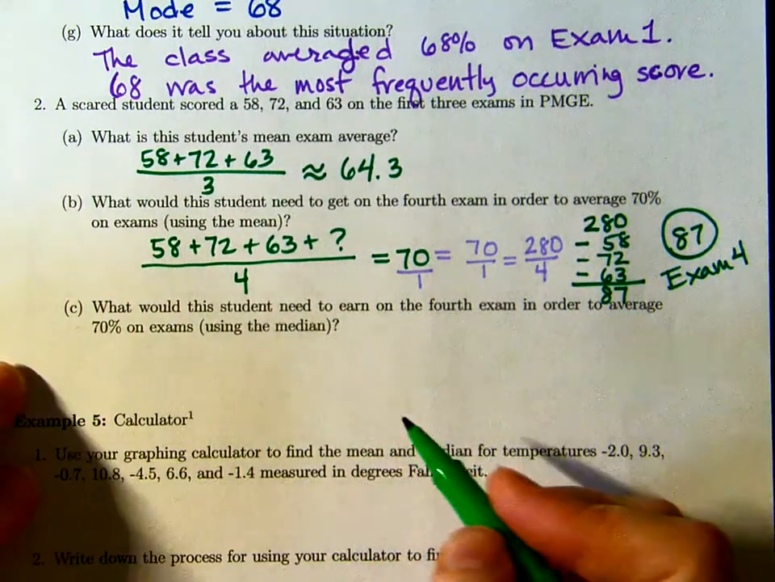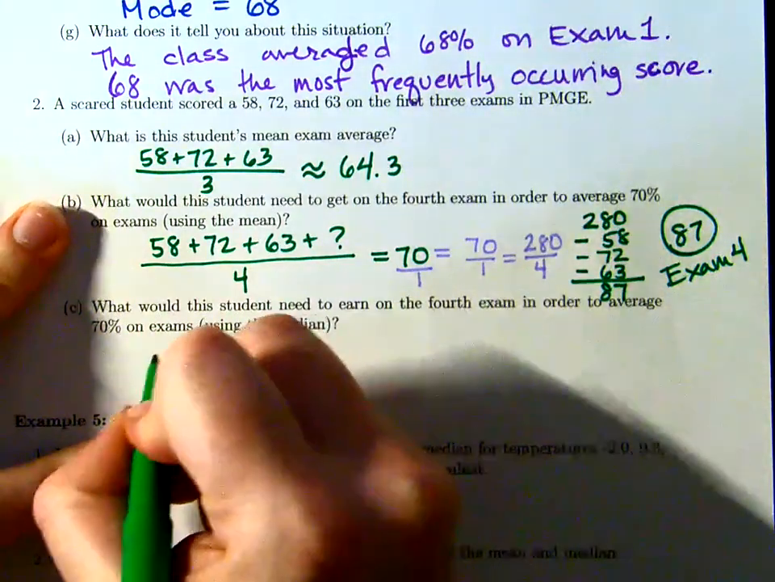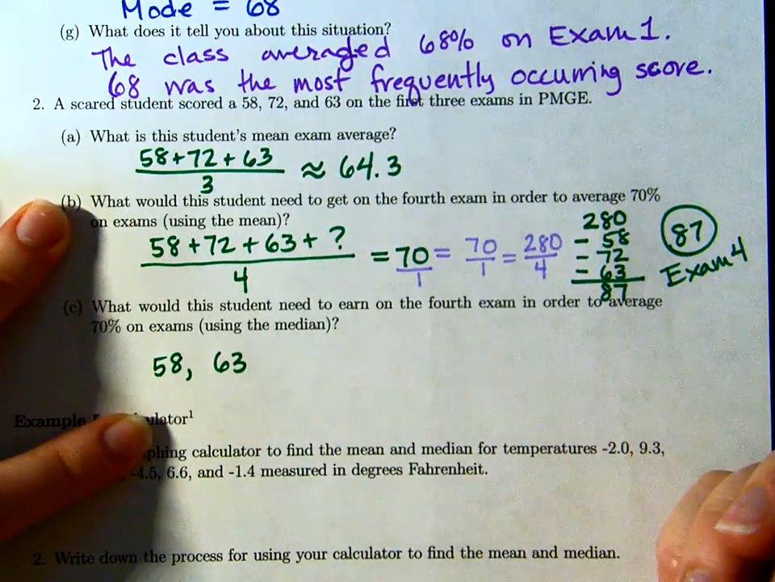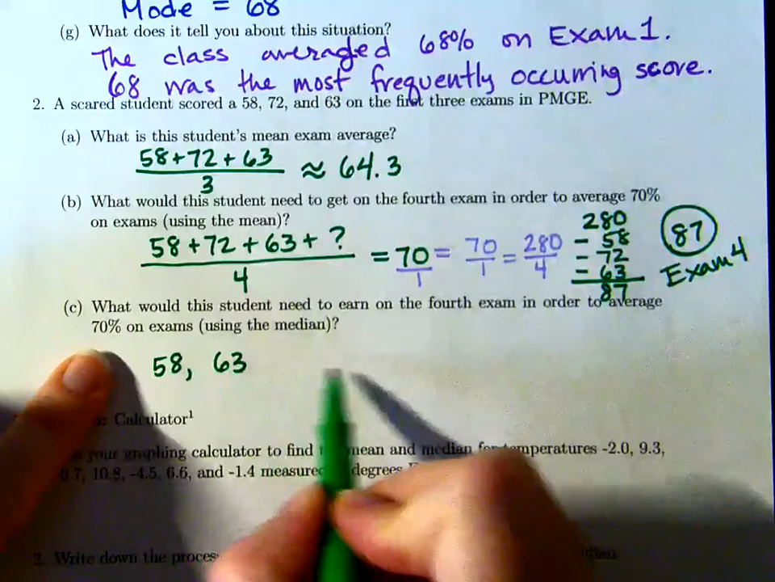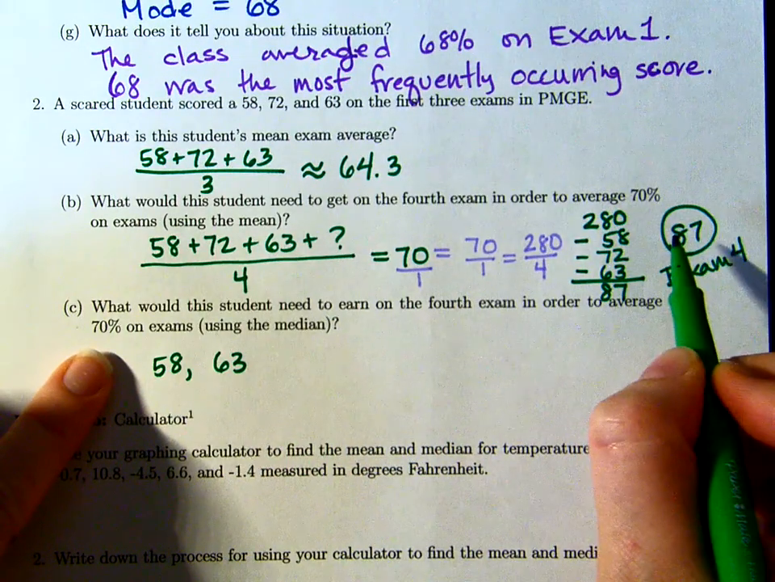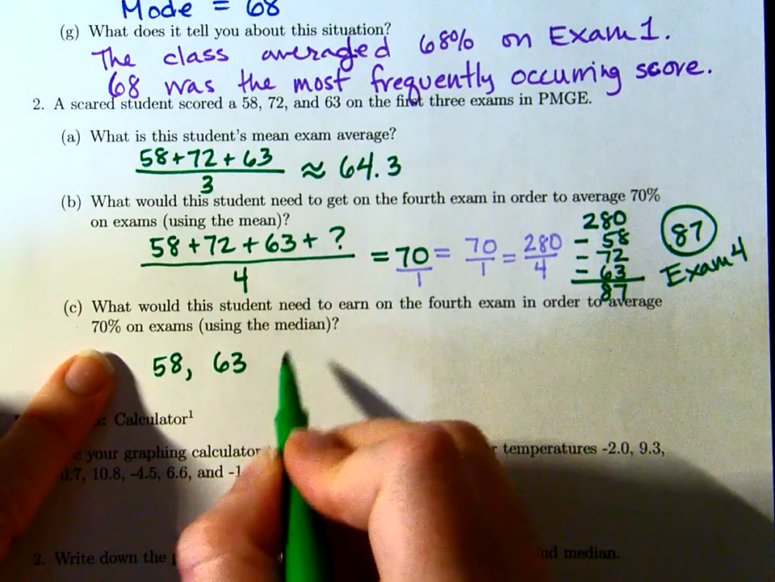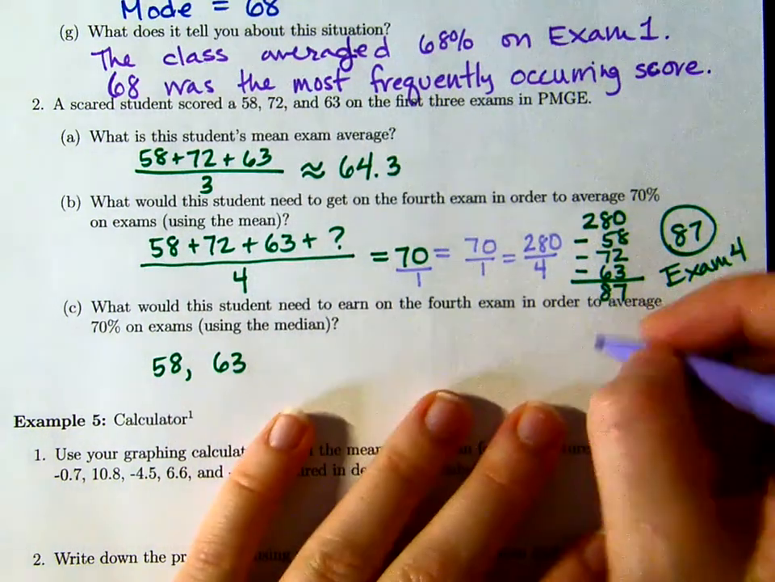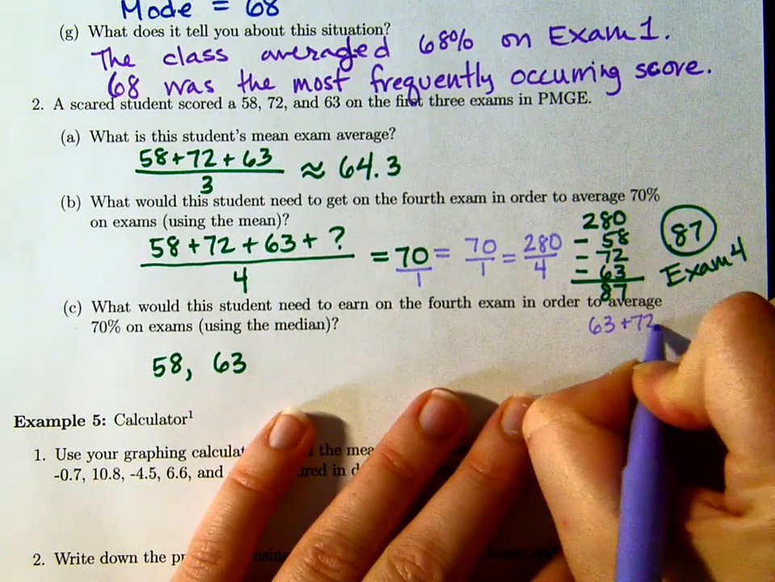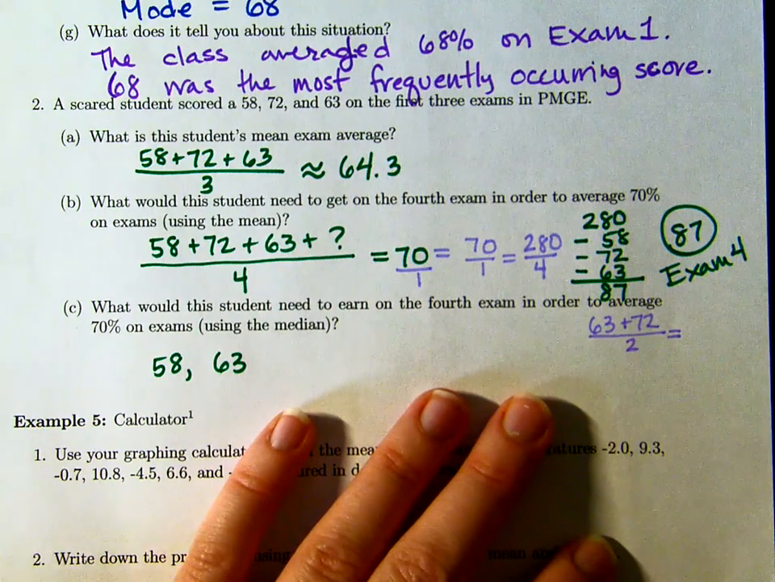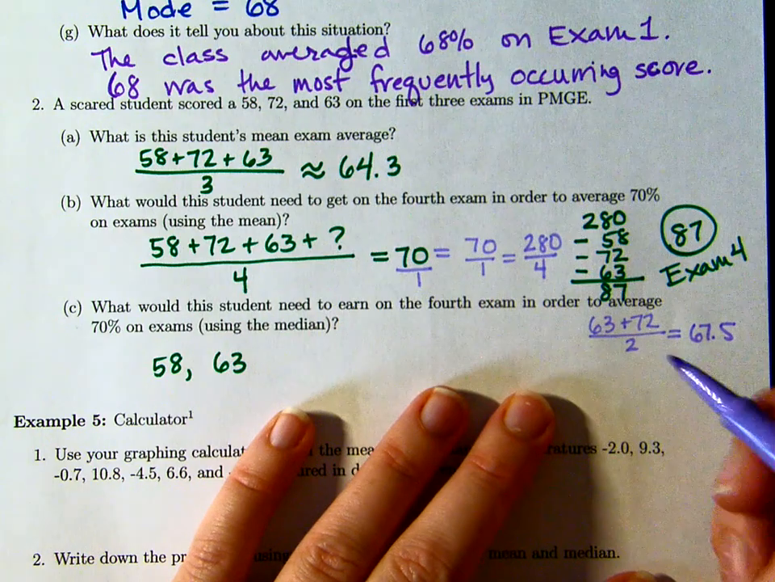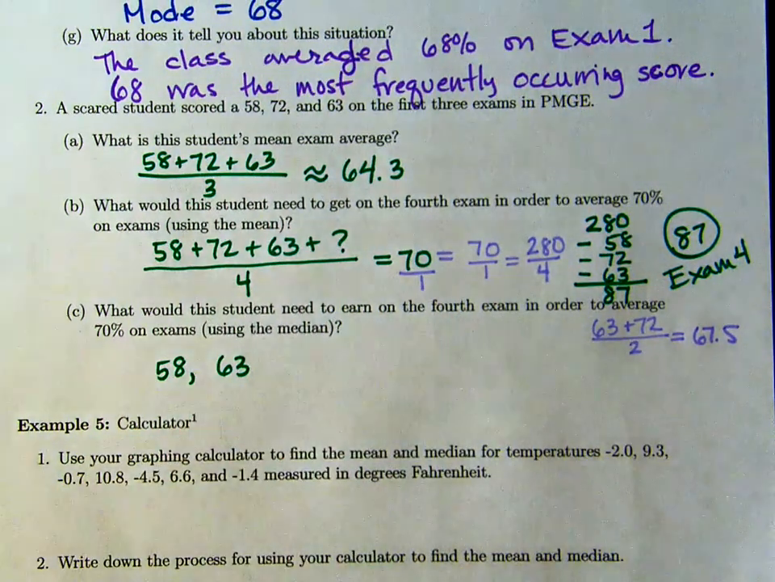Okay, let's list it out in order. So in order, lowest was a 58, then a 63, and I'm not sure, this is pretty high. If I put the 72 right here, okay, just a quick check, in between 63 and 72 is a 67.5, which wouldn't make it. Okay, so I know that the next score, right,